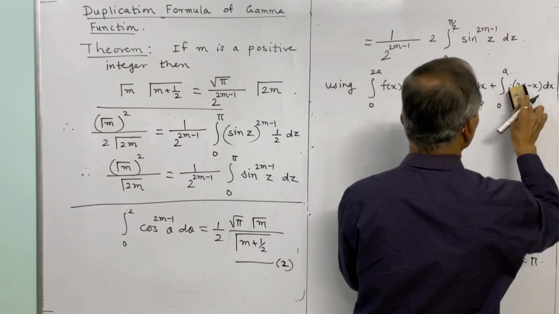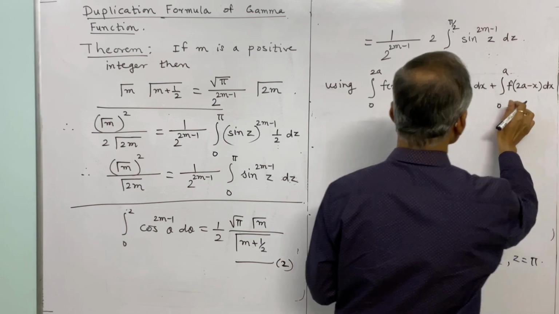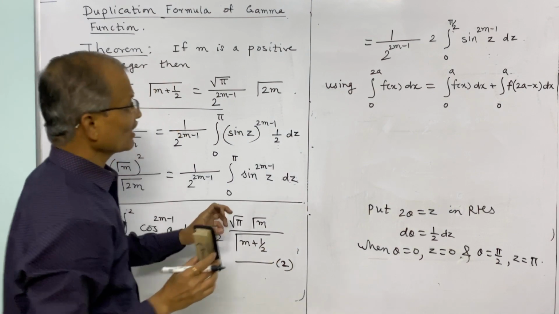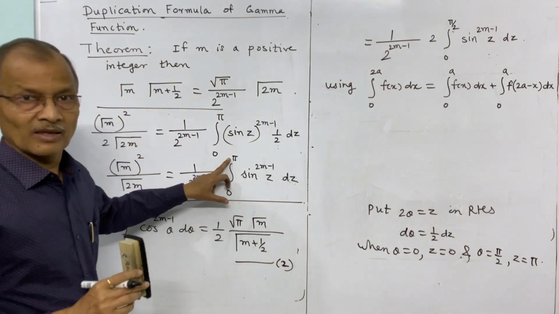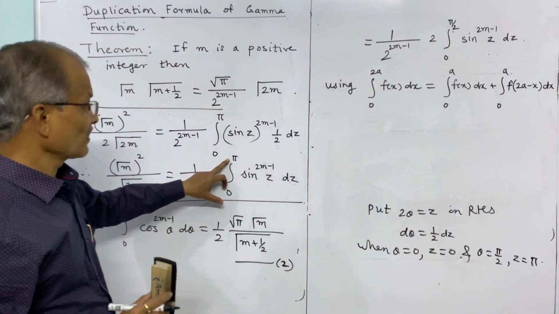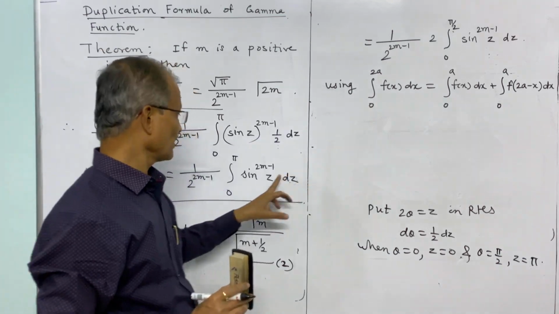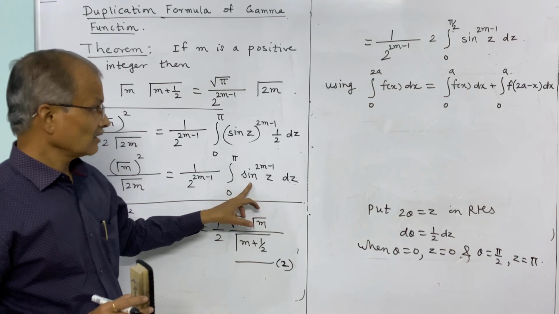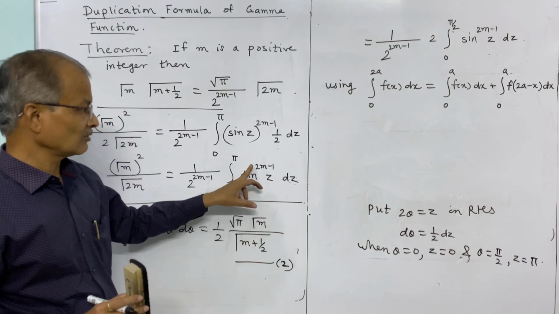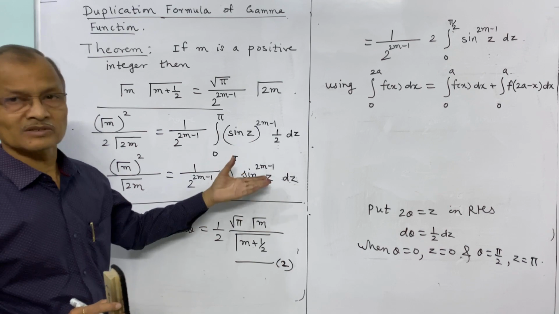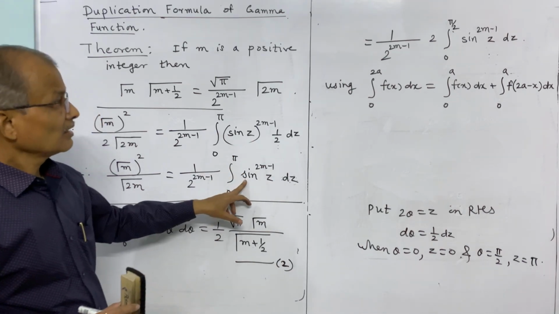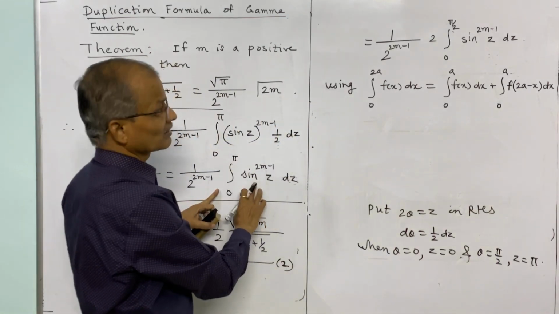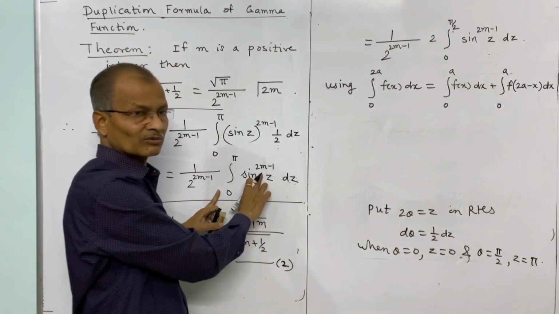This is the property of definite integral, and here 2a is pi, so a is pi by 2, and f of x is sine z to the power 2m minus 1, that means f of z. So that will be integral 0 to a, 0 to half range, the same function sine z to the power 2m minus 1,